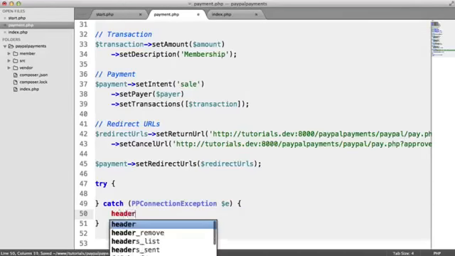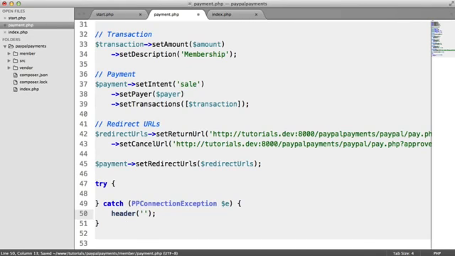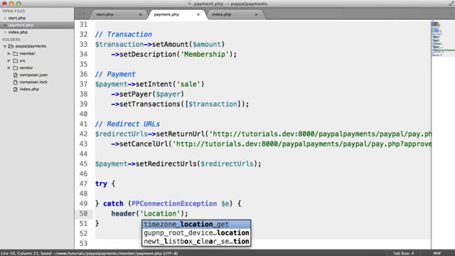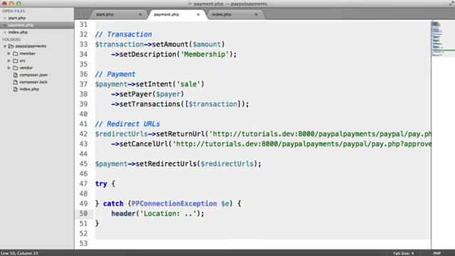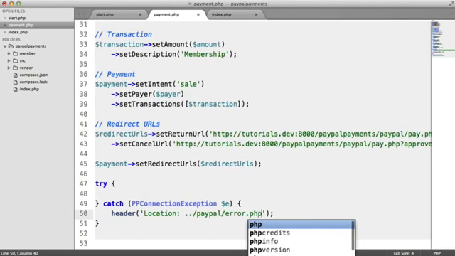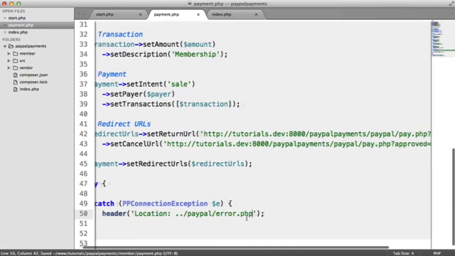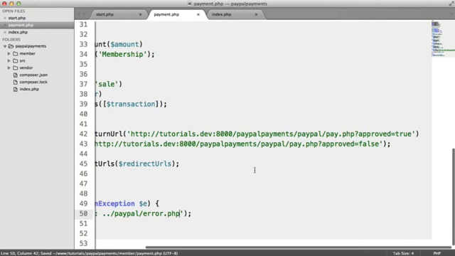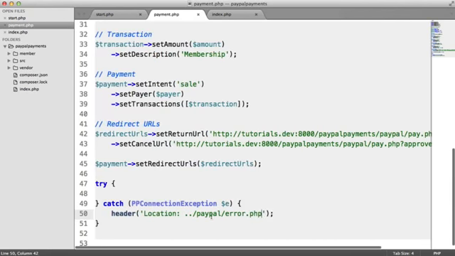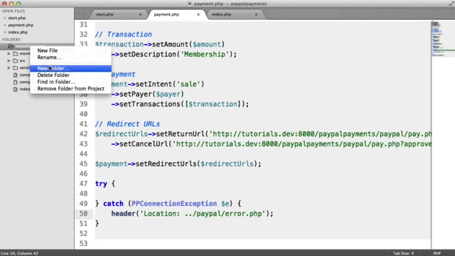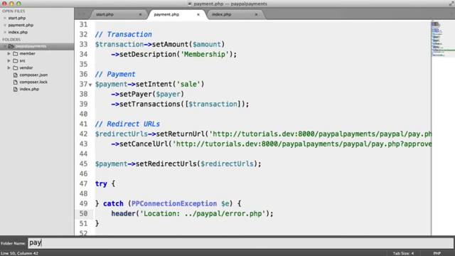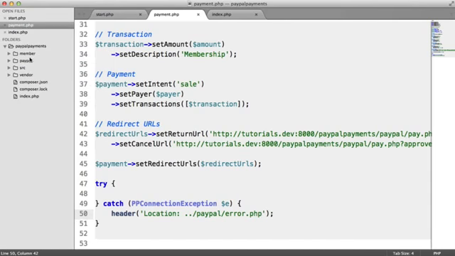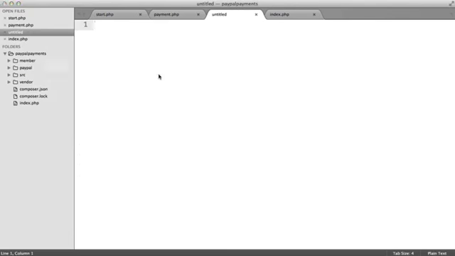In this case, what I want to do is just do a header redirect to backer directory into PayPal and then error.php. We haven't created this file yet. We've not created this file yet either. So we'll do that within this PayPal directory. Let's quickly do that now so it's done. So I'm going to create a new folder. I'm going to call that PayPal. And inside of here then, we're going to create